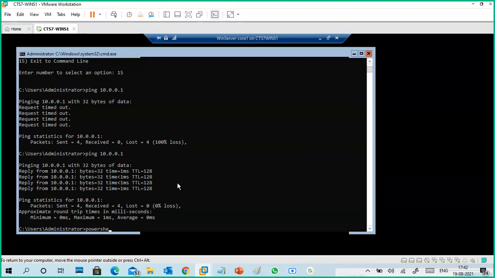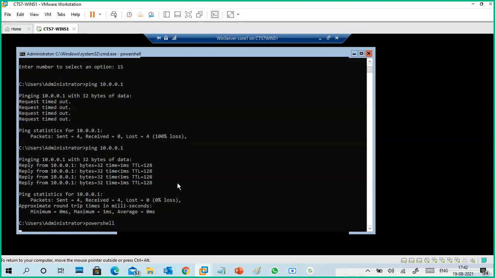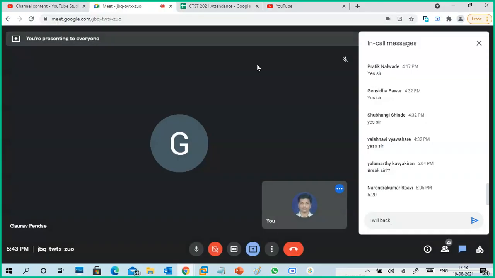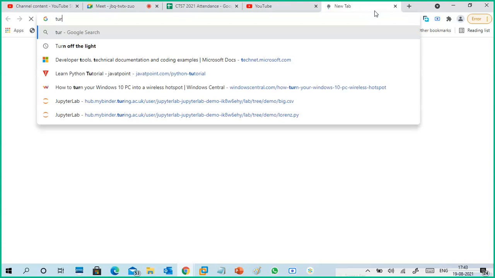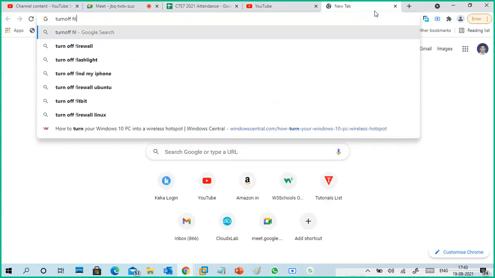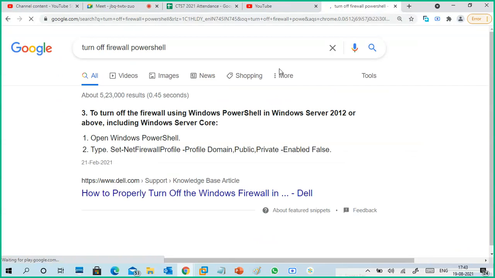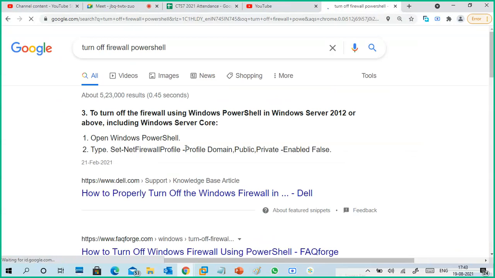I'm going to PowerShell here. GUI mode is better. CLI mode you have to learn again. You have to use this command,